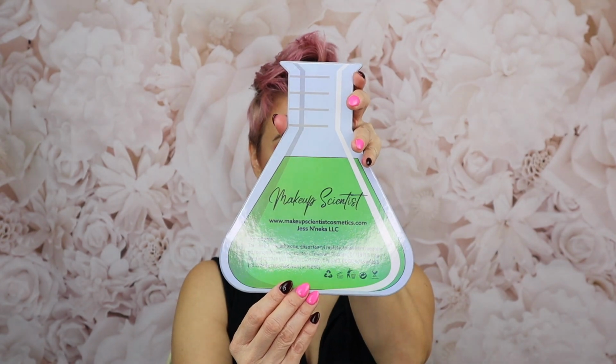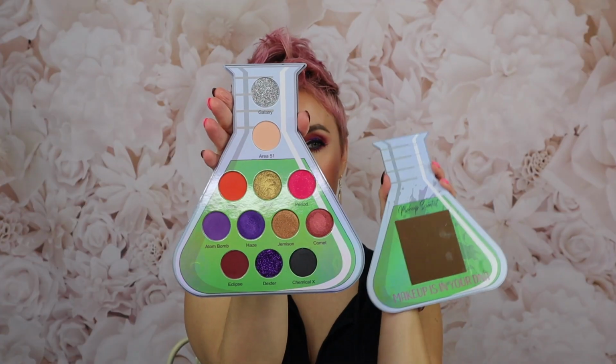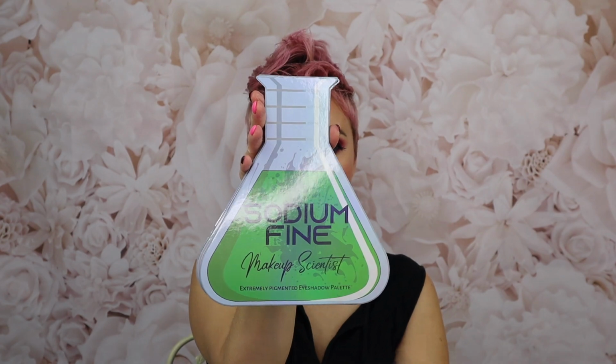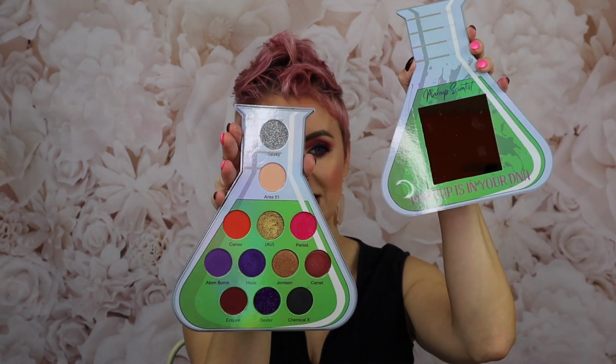And on the back, you just have some general information about the product. I do like how the top removes just like that. They do have magnets on it, so it can just clip right back in place. And then when you need to use it, just pop it off. You do have a mirror on this side, and it says makeup is in your DNA. How cute is that? So guys, I will be creating the look you see right here using some of the